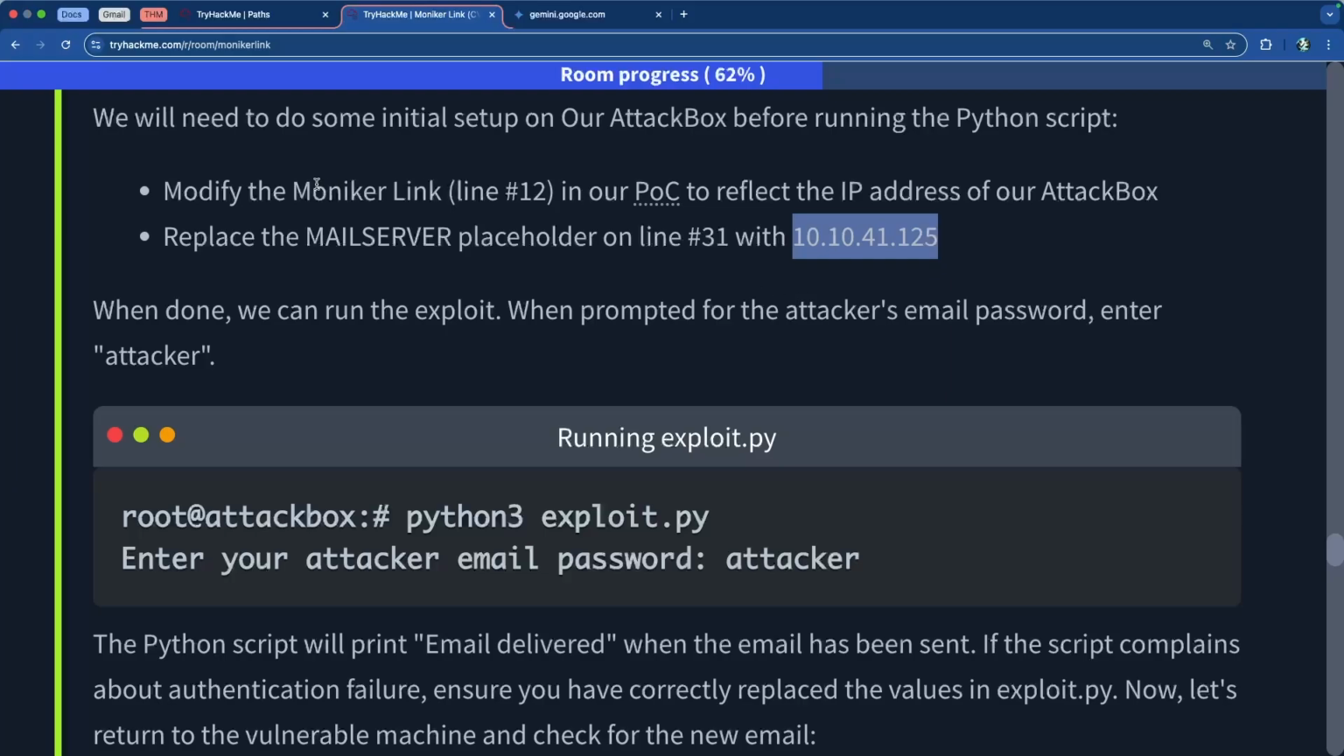There are only two things in the script that you have to modify. The moniker link, which is on line 12, to reflect the IP address of the attack box. This is your attacking machine; in this particular case, it will be your actual computer. And then you replace the mail server placeholder on line 31 with the SMTP link you would provide. So literally